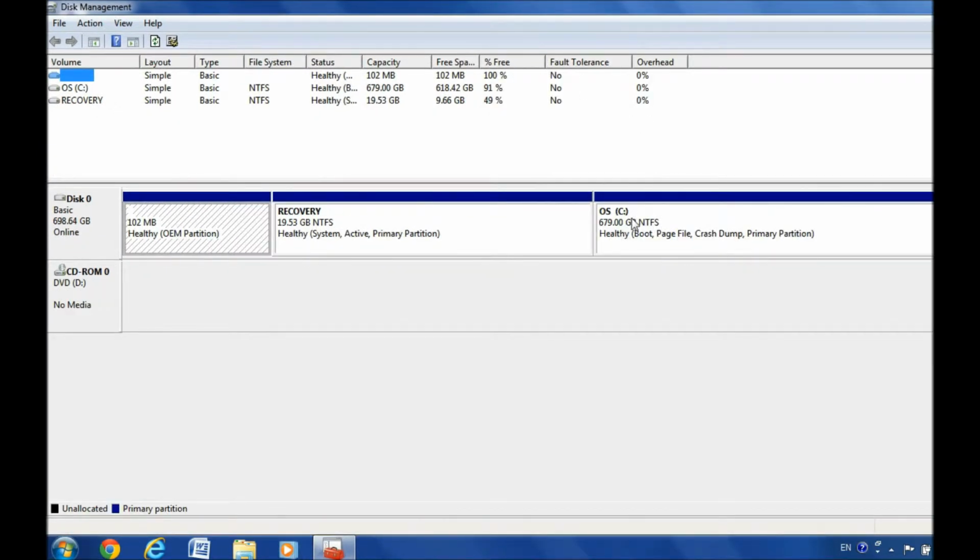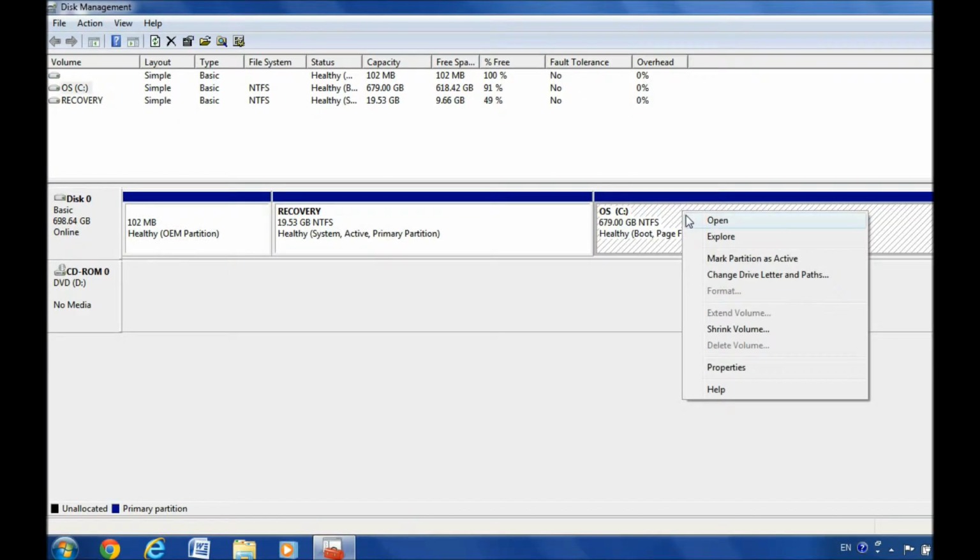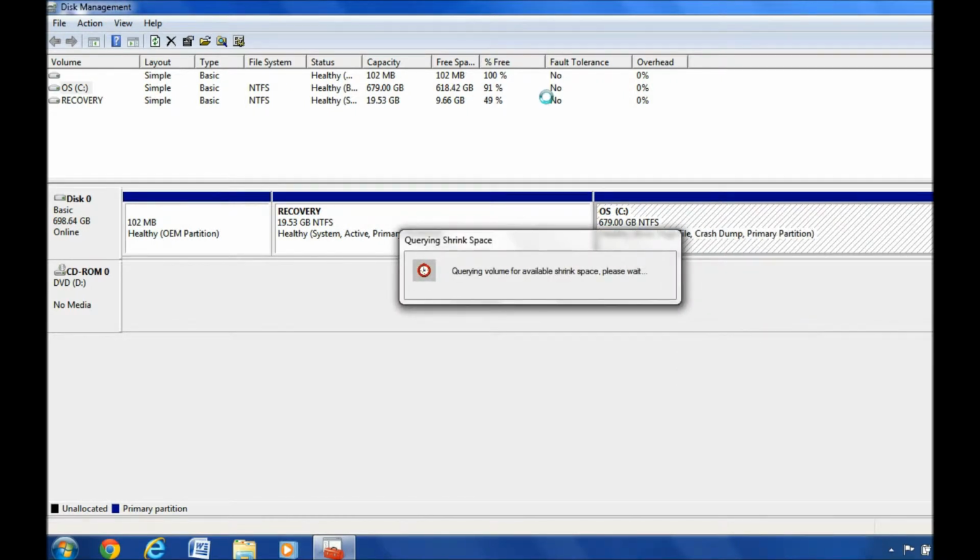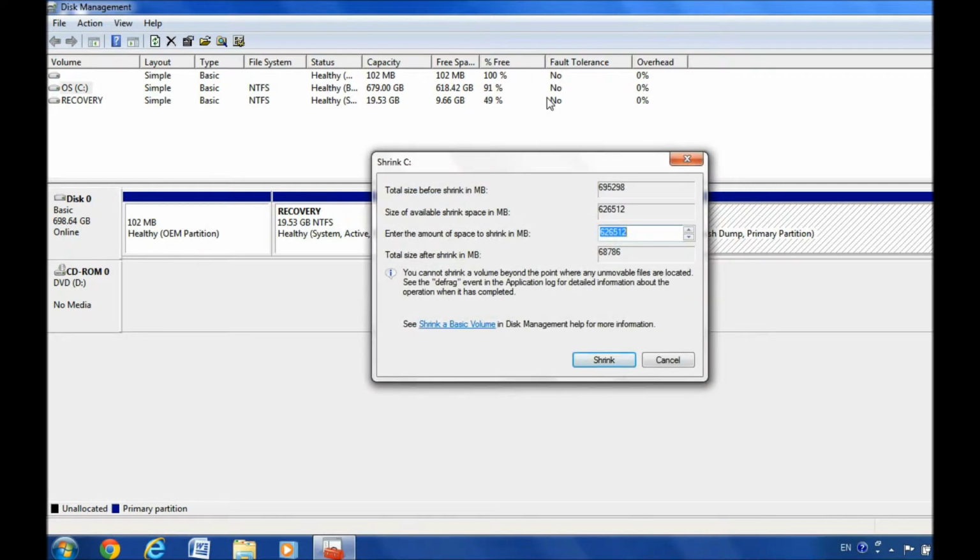So right click on the C drive and click Shrink Volume. This should take a minute and I'll just skip to the end. Okay, so once you get to this little window,